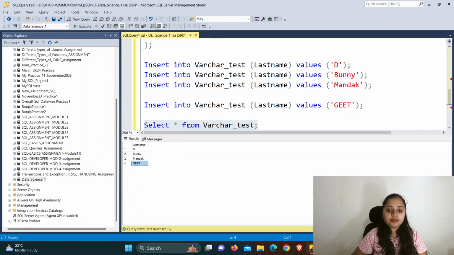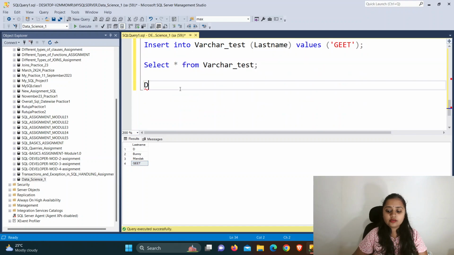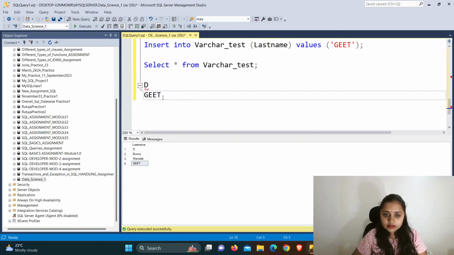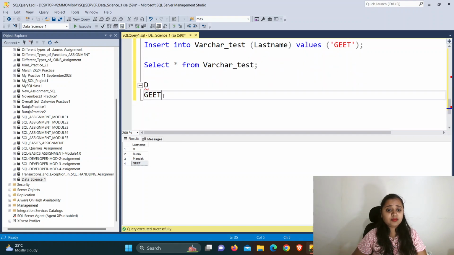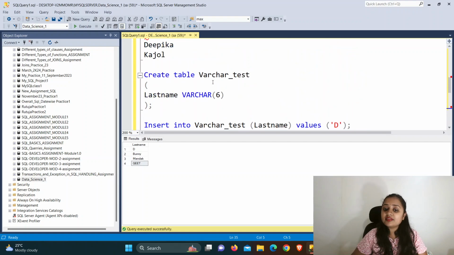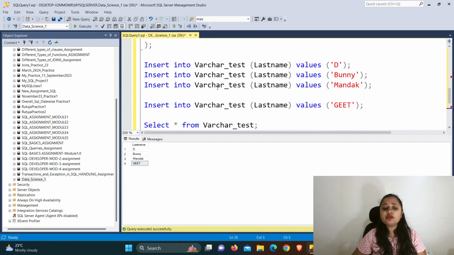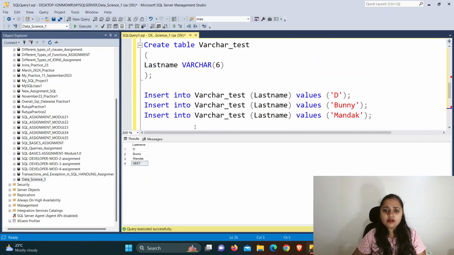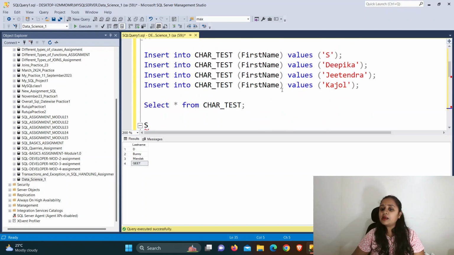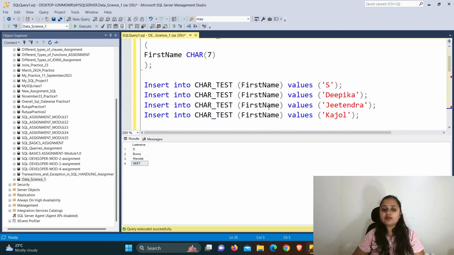Now just copy this name, come here and paste it. In that case as well, you can see the cursor is beside the T only. Even though I have given the limit of 6, the cursor is beside T, because varchar is the data type where whatever data you enter, it takes only that space, and the remaining space it will leave. It will not take the remaining space in your storage. But in the case of the char data type, it will take the whole space. That is the major difference between char and varchar.